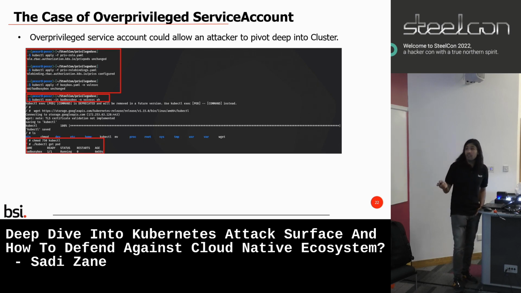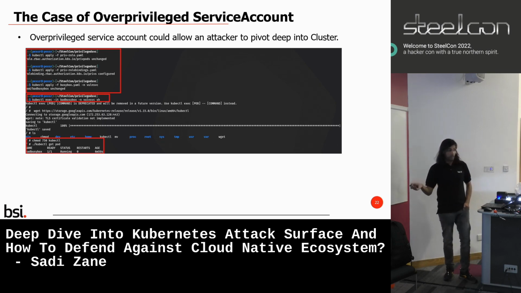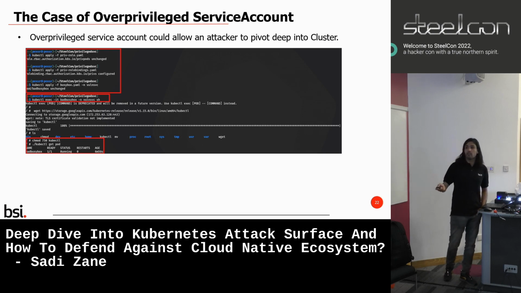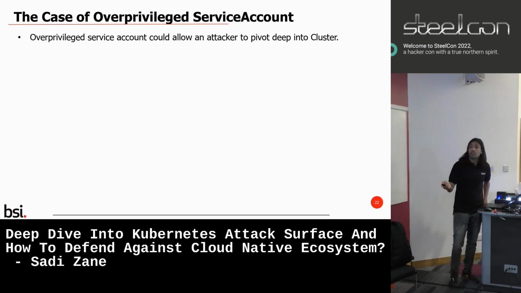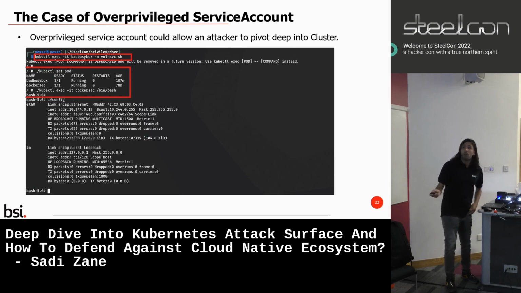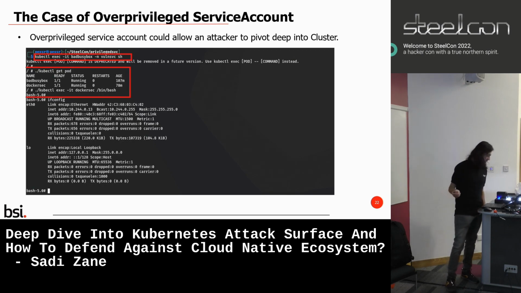or any other attack vector. Because this role and this service account are overprivileged, they can just download kubectl directly onto the BusyBox and then interact directly with your Kube API server. So they can directly interact with that namespace. Following that, they can exec into that BusyBox, and because that service account is overprivileged, they can just run kubectl get pod, since I've downloaded the kubectl client,